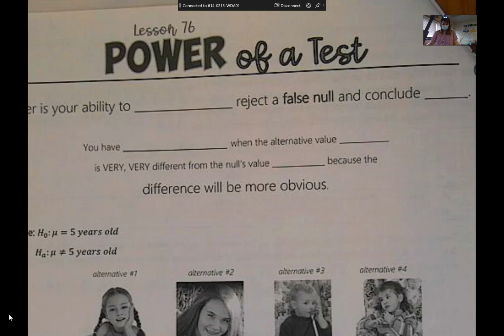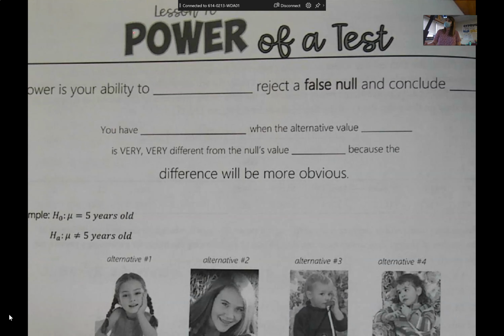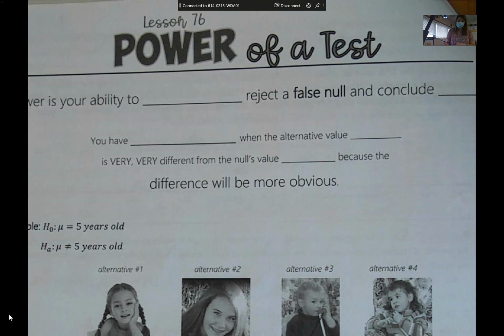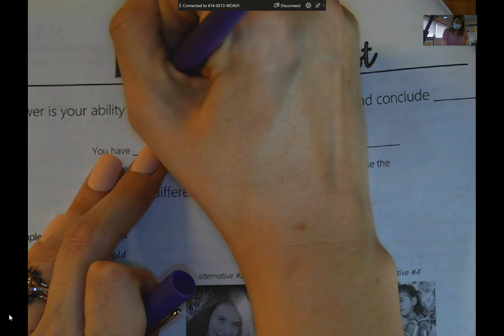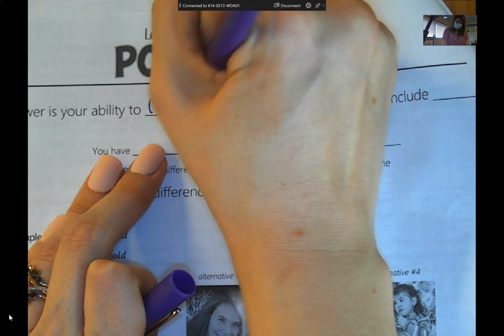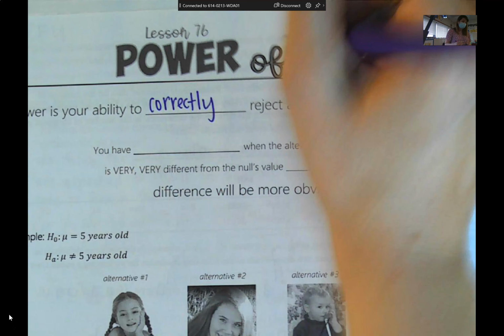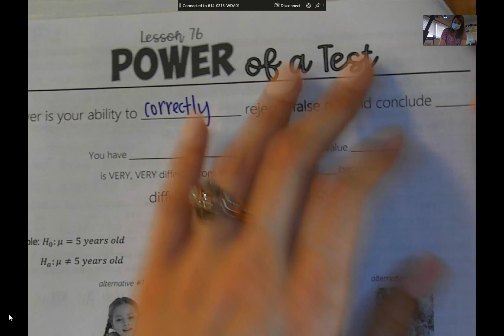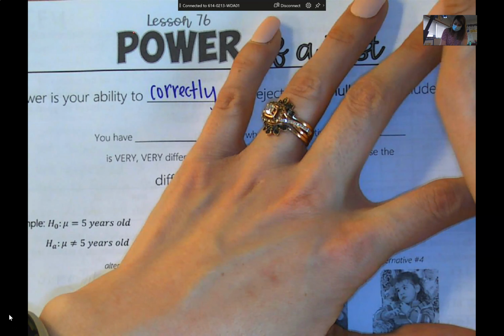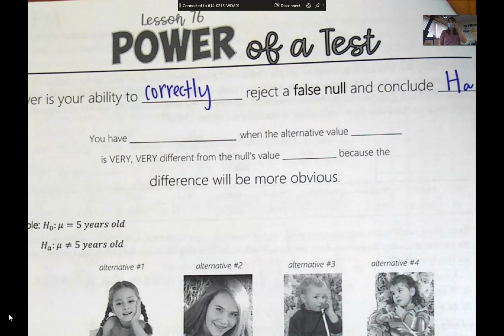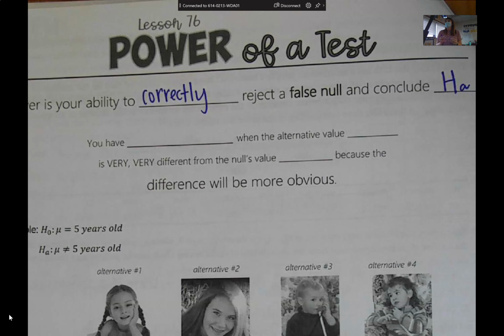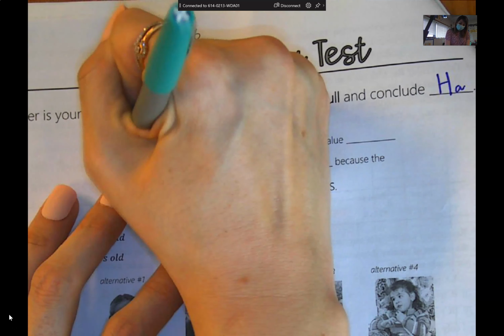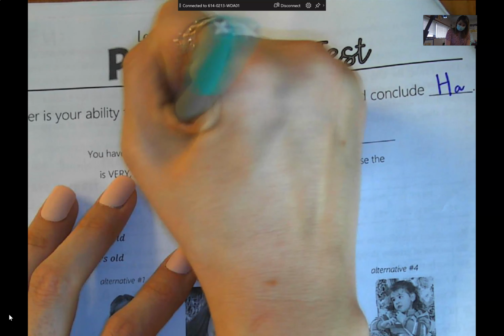So, power is your ability to correctly reject a false null and conclude the alternative. You have more power